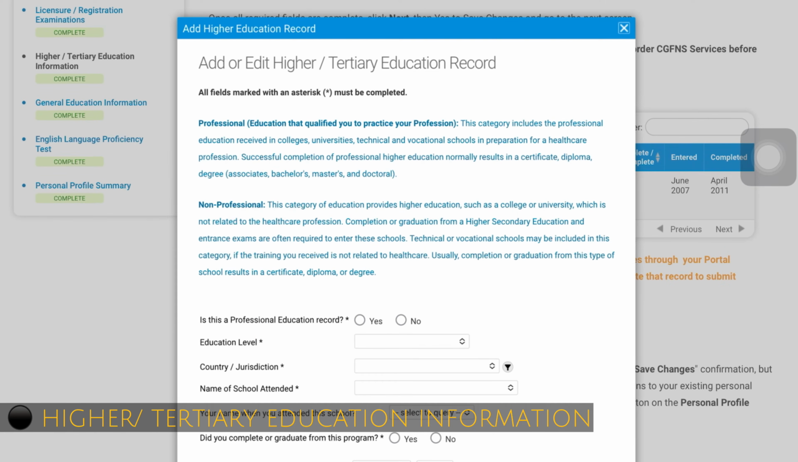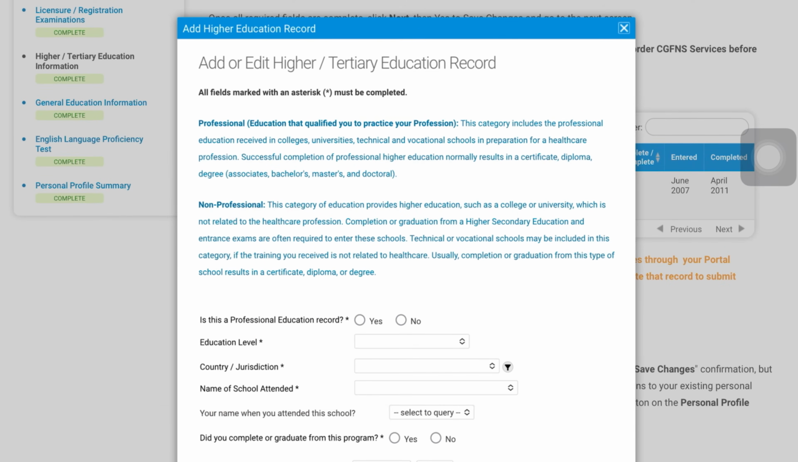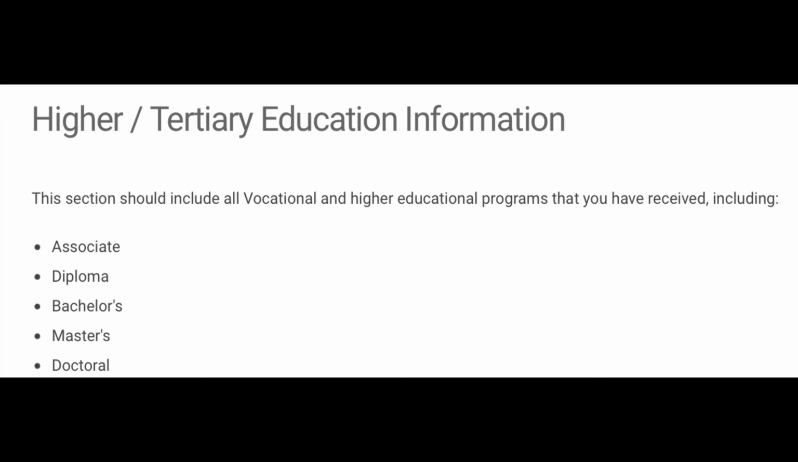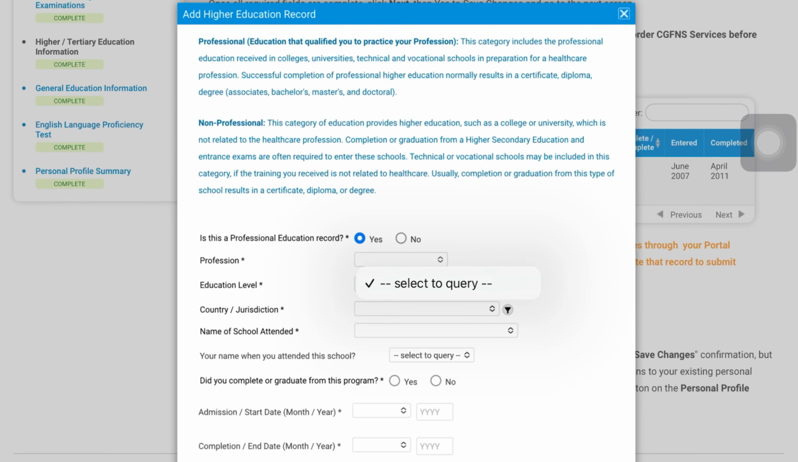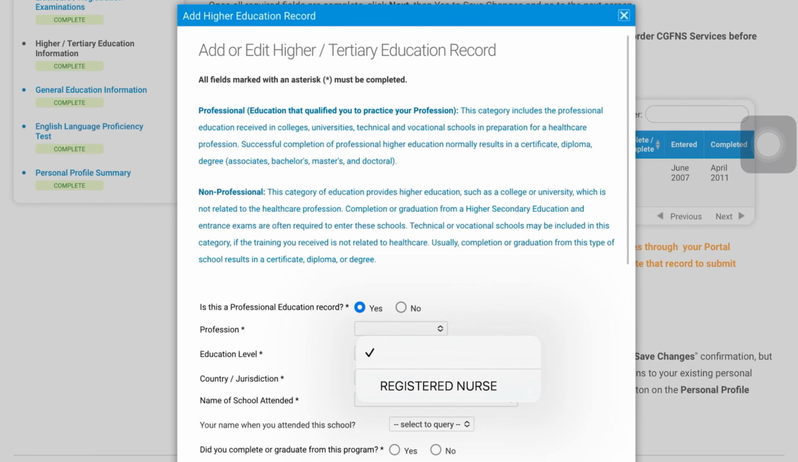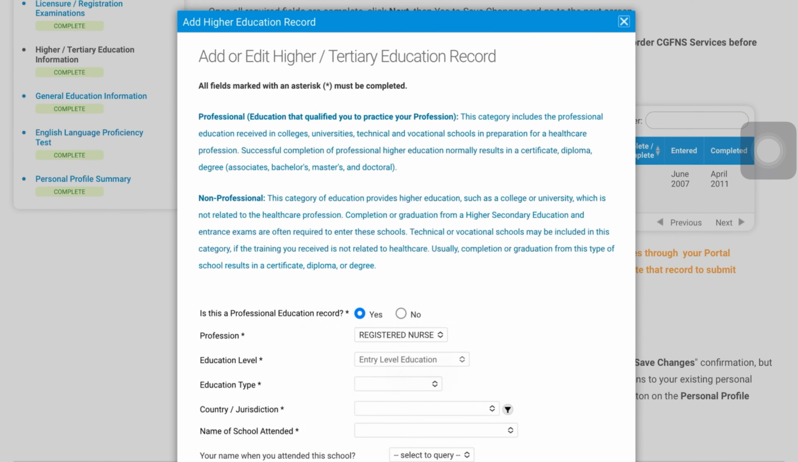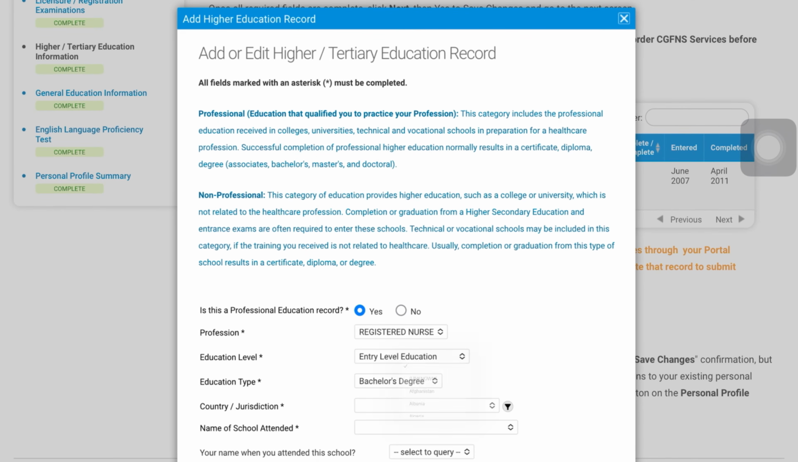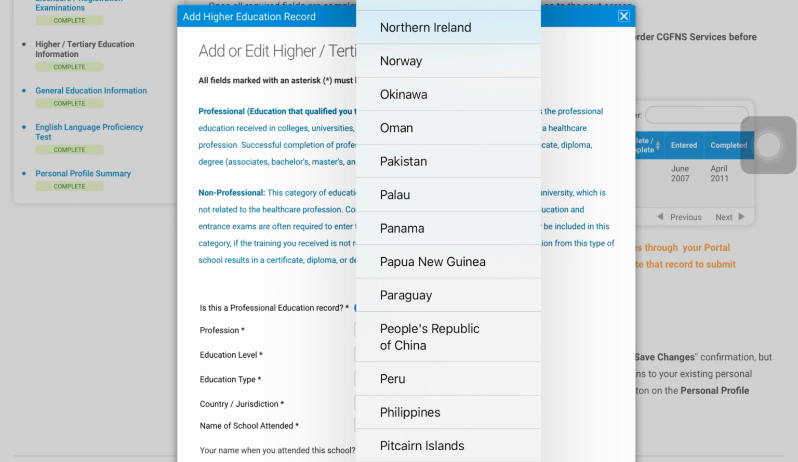Let's proceed to the higher or tertiary education information. Here you can input your college information or your master's degree. So is this a profession education record? Of course, it's yes, because we received a bachelor's degree. Profession is registered nurse. Education level is entry-level education. Education type is bachelor's degree. Fill out also the country where you studied,